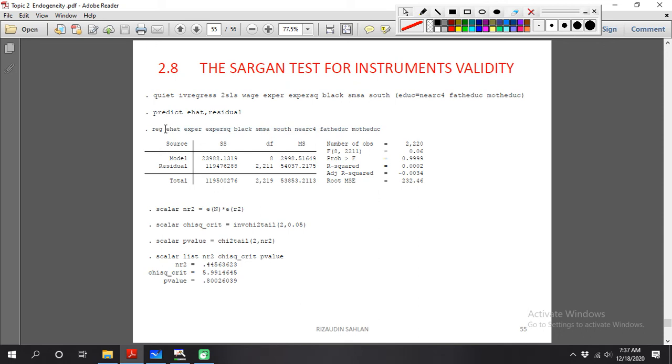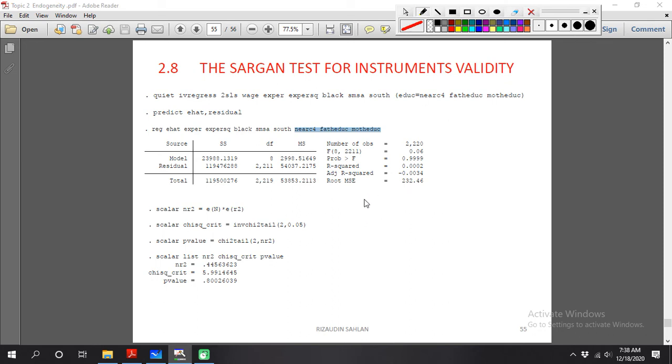We regress it on the exogenous variable and endogenous variable in the model. Look, this one experience is referred to the exogenous variable, right? This one is referred to the endogenous variable. Okay, regress the model, and then after we regress the model, we want to calculate